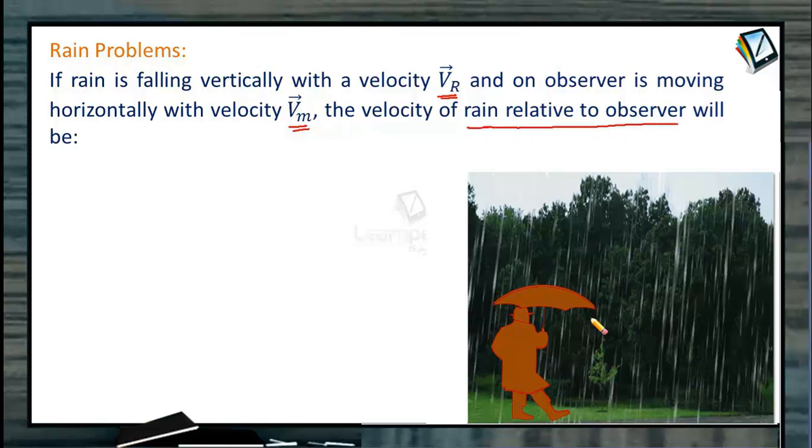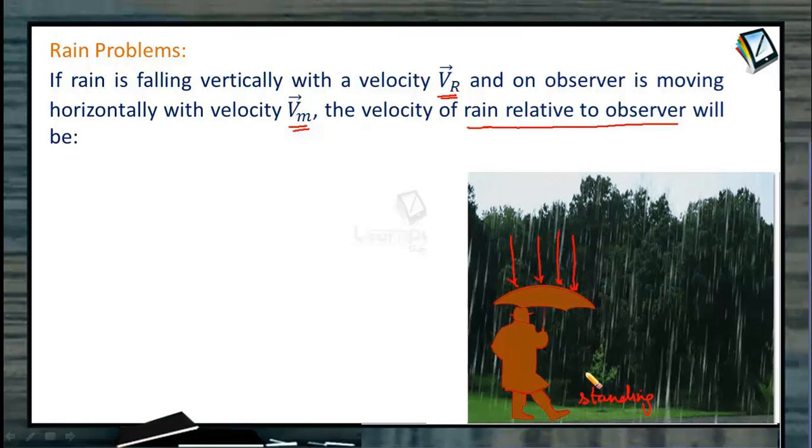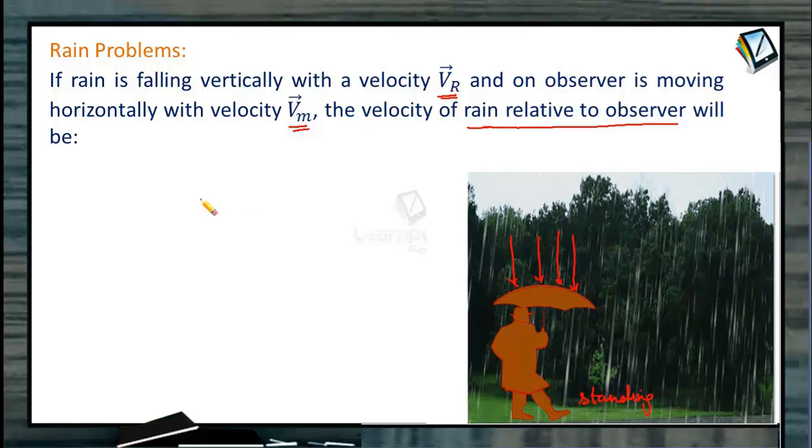See in the animation, the rain here is falling vertically down. This man is standing in the rain. So he is holding his umbrella upright so that he doesn't get drenched. So the picture, if we can work out, this is the direction in which the rain falls. So when rain is falling vertically down here, if a person is standing in the rain, he has to hold his umbrella upright like this.